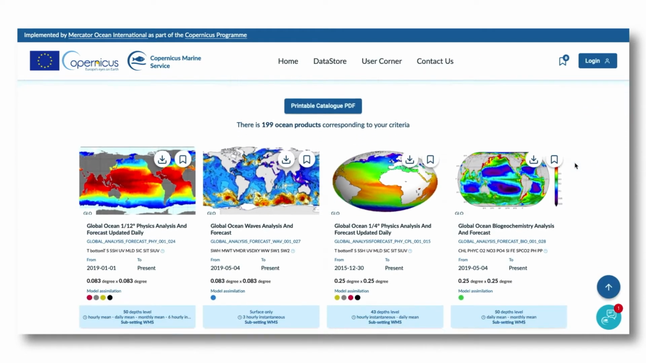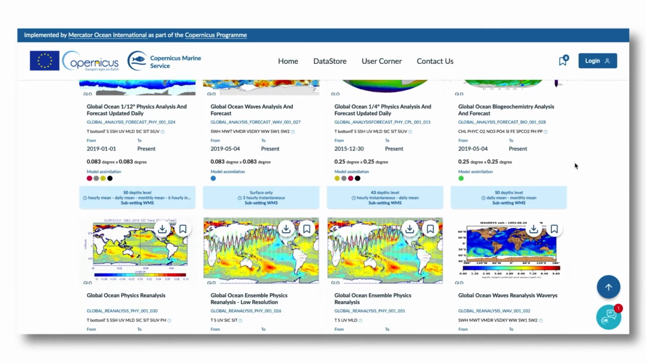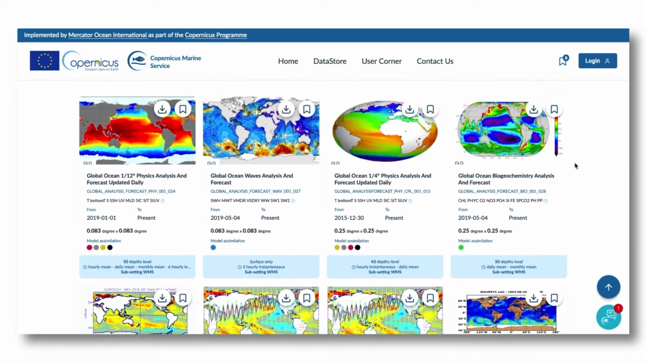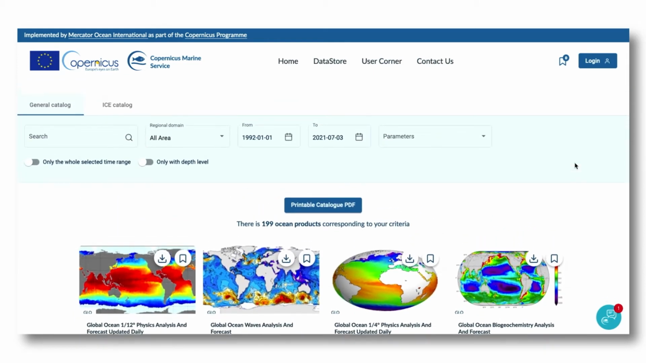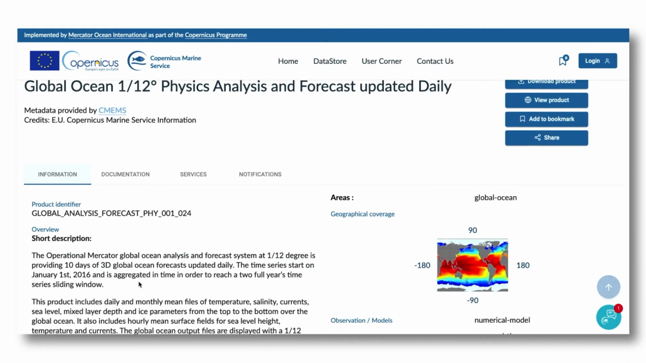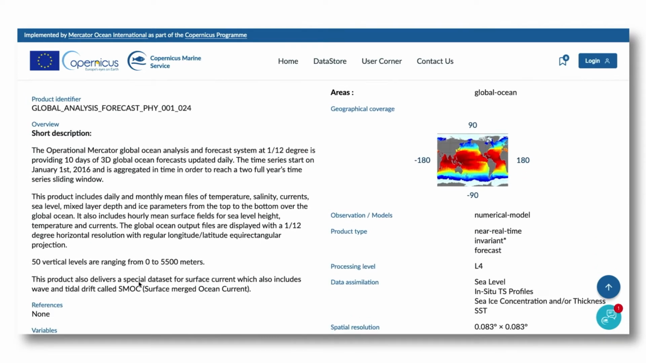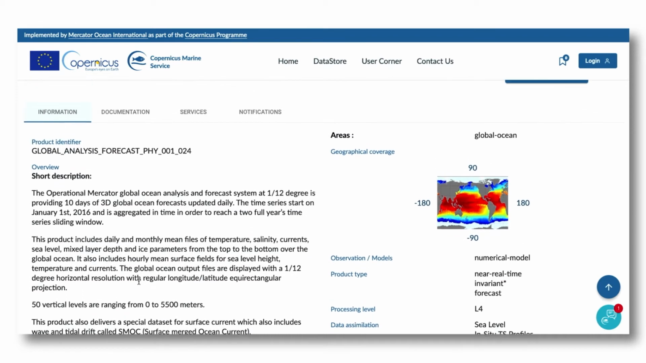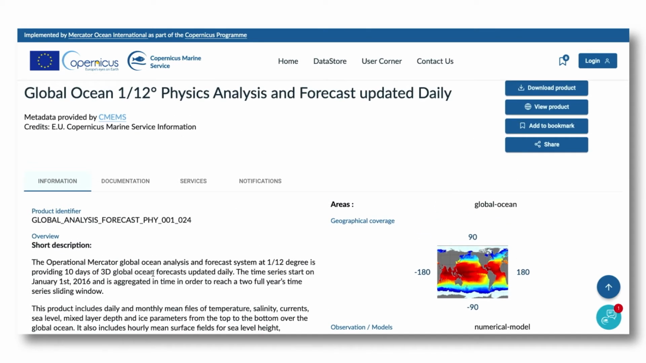On the home page, our different products are presented in the form of cards, giving various information about each product, such as spatial and temporal resolution, variables, and more. By clicking on the card of a particular product, you will reach its information page. This product page includes 4 tabs: Information, Documentation,